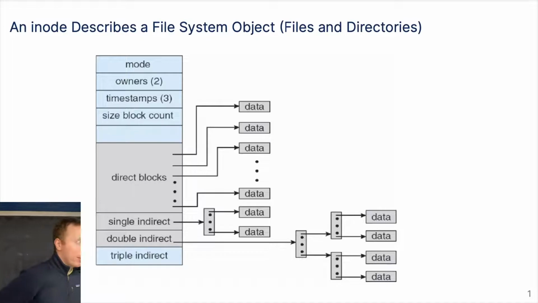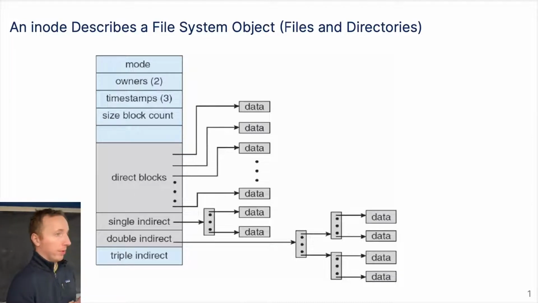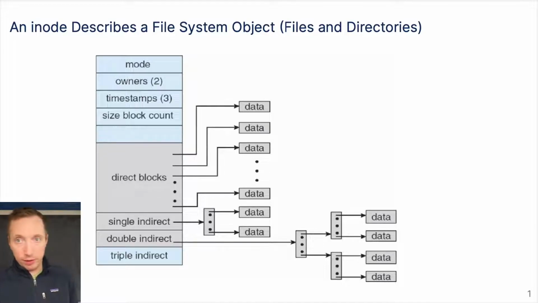So this is what an inode is. An inode stores everything about the contents of a file, its permissions, who owns it, et cetera. So all that information is stored on something called an inode. The inode will store the mode, which are the read, write, execute permissions for your file. It will also store which owners are in it, so what user owns the file and what group owns the file. Timestamps, so when was this file created, accessed, and last modified, so written to,